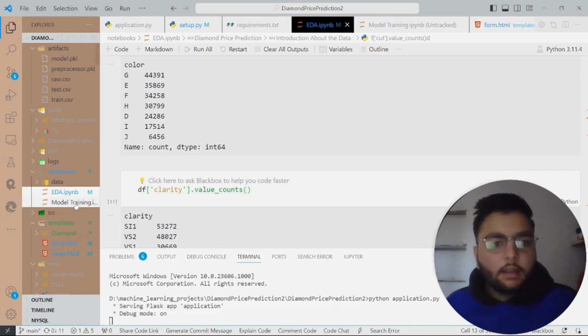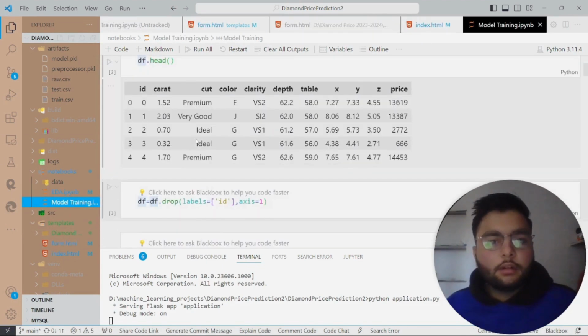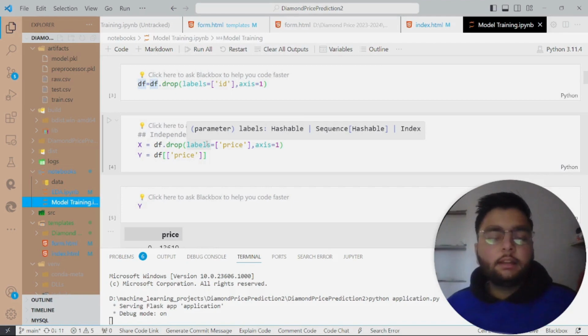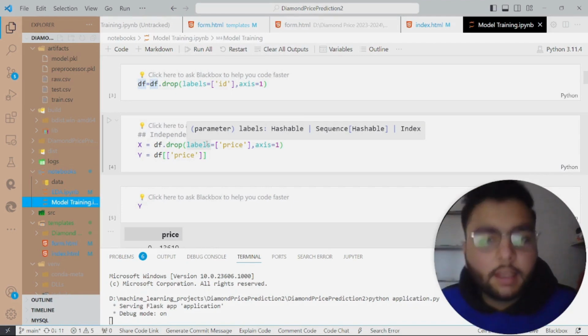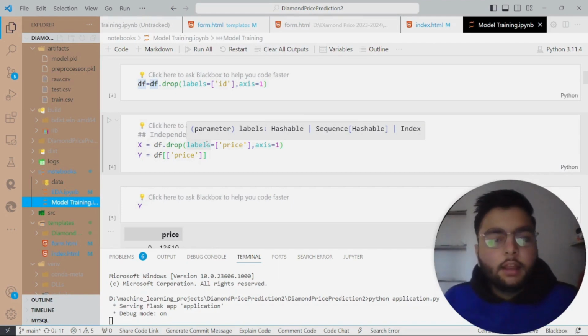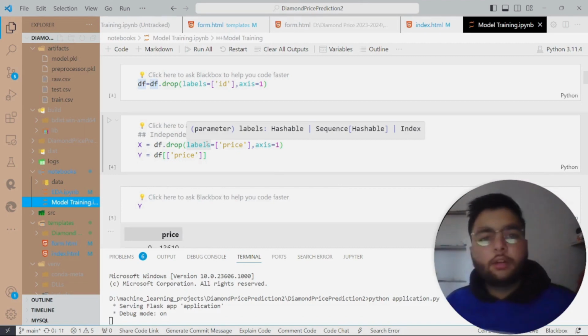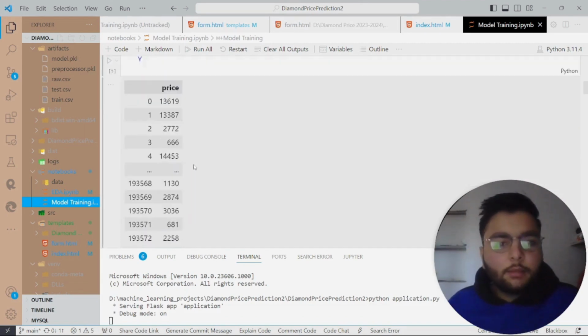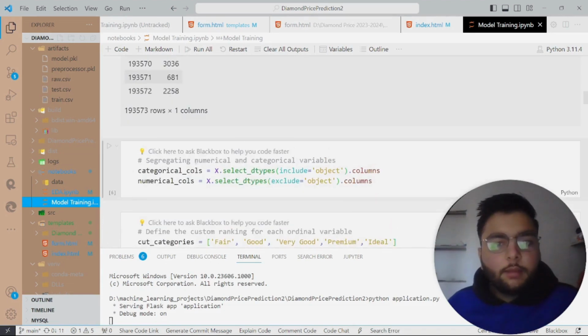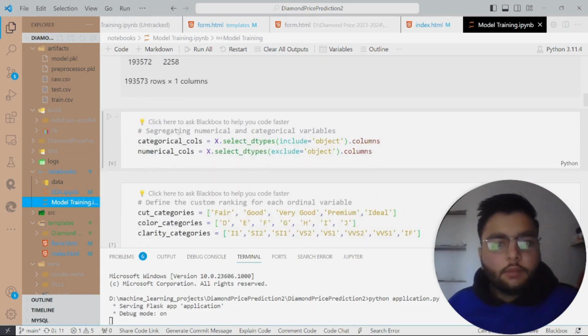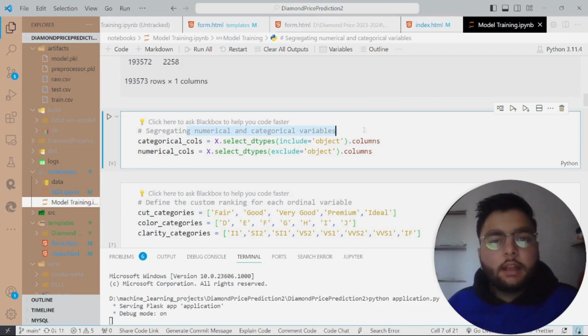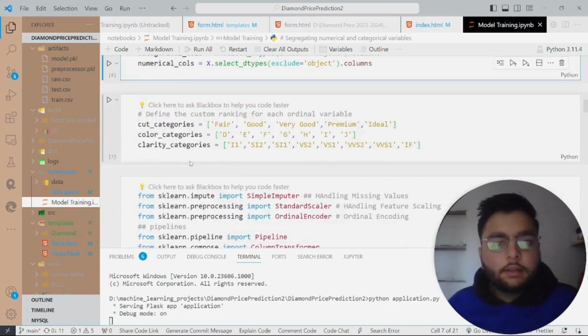After that, we have trained our model. For training our model, I have used the scikit-learn library. As you are working in the data science domain, I think you are already familiar with the scikit-learn library. Here I have separated the numerical and categorical variables.